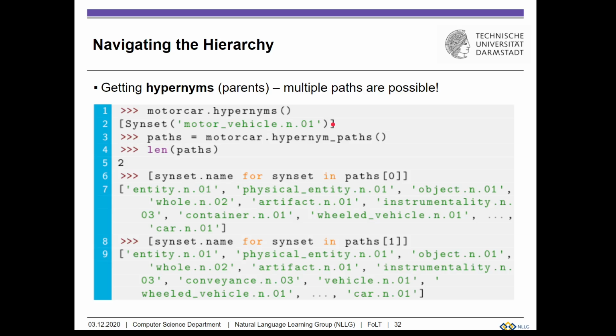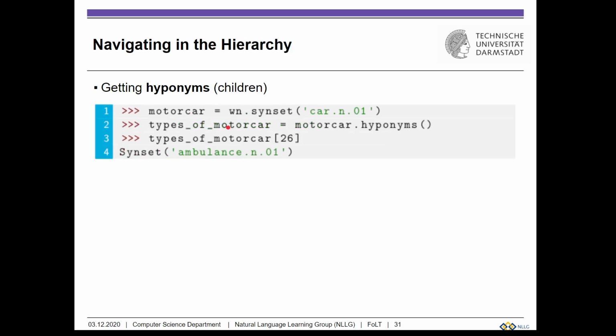And vice versa, we can also go up the ladder. Instead of going to more specific terms, we go to more general terms, and in linguistic parlance, those more general terms are called hypernyms, or in the terminology of WordNet, they are parents. So if we want to go to the parents, we just type dot hypernyms and we get another synset because the relationship is among synsets. So from motor car, a hypernym is motor vehicle, as we have just seen here. We go up the ladder.